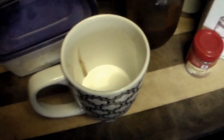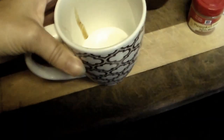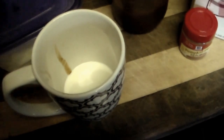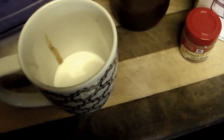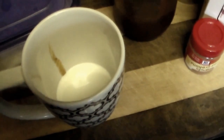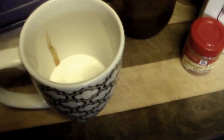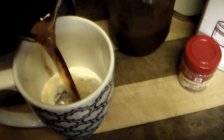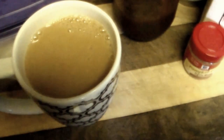I put that in there, and my dad actually talked to me about this. It's probably nothing revolutionary for you guys, but what he does is he puts his sugar and everything at the bottom of the coffee cup, and that way he doesn't have to dirty up a spoon. Or when you go out somewhere and you have a coffee stirrer, most of the time they're opened already, and so other people have already touched them, and you might think that's weird, but we don't really care to use those. So he told me he puts all his stuff in first, and then he pours in his coffee, which I love to do, and so that's what I do. So you fill it most of the way up,